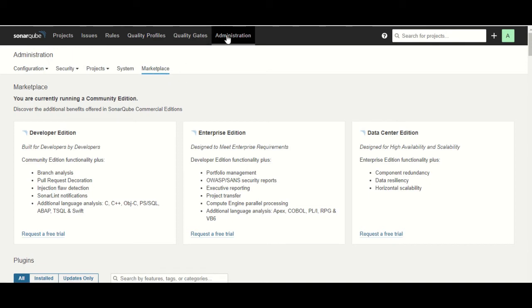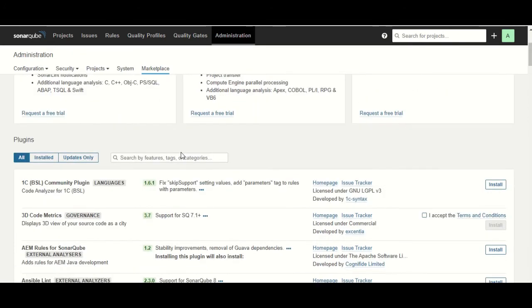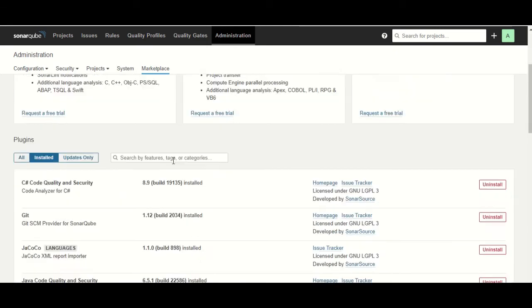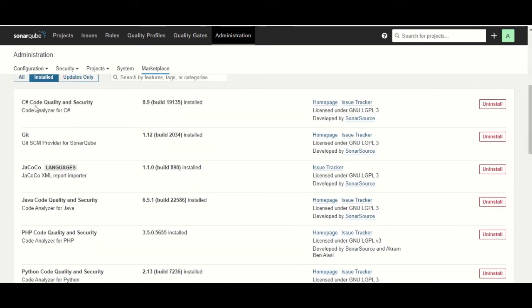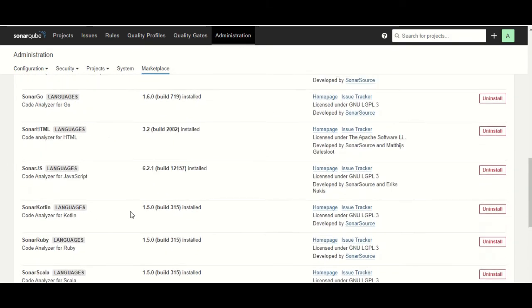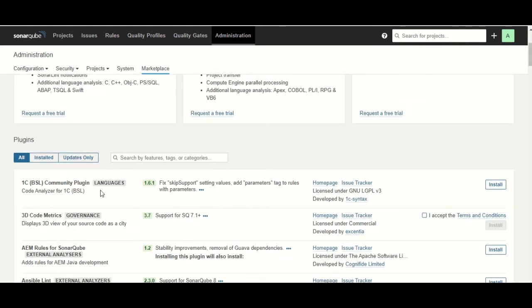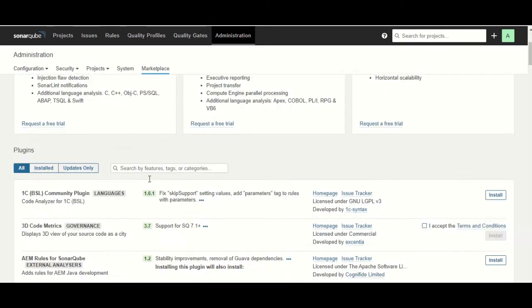If you go to Administration, Marketplace, when you install SonarQube it installs a lot of plugins by default. As you can see in this installed list, it already installed plugins for Java, PHP, Python, and a lot more. And there are others which are available, and you can install them as per your need.